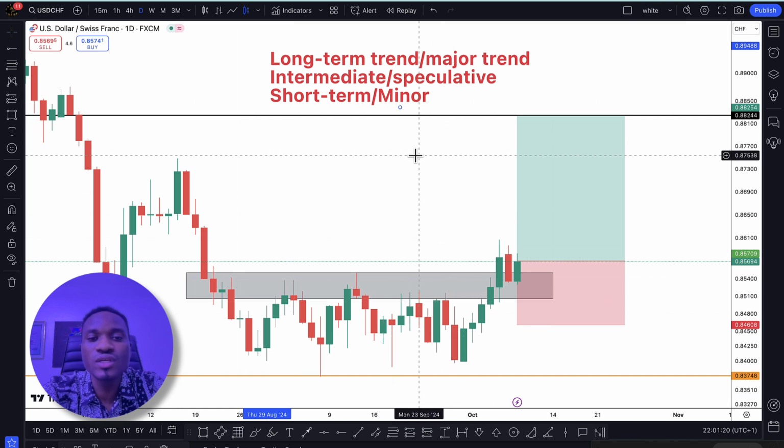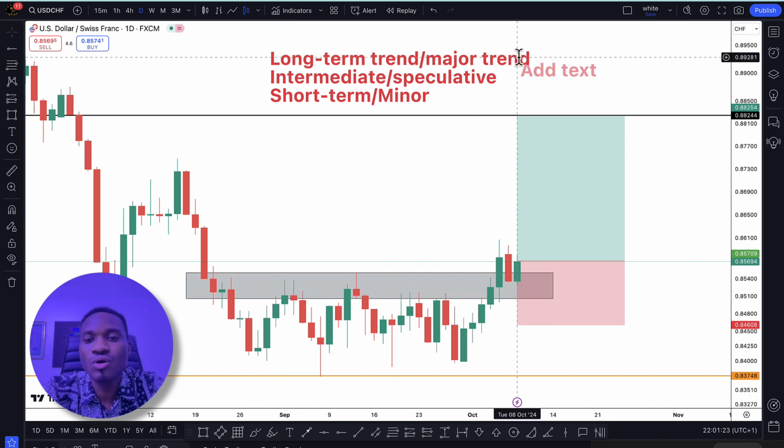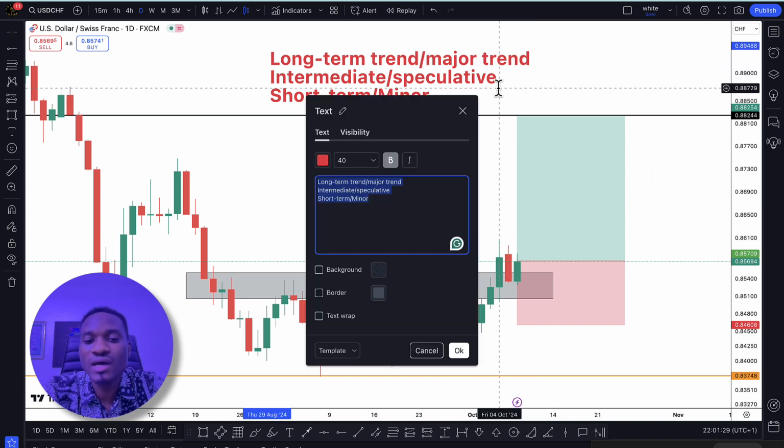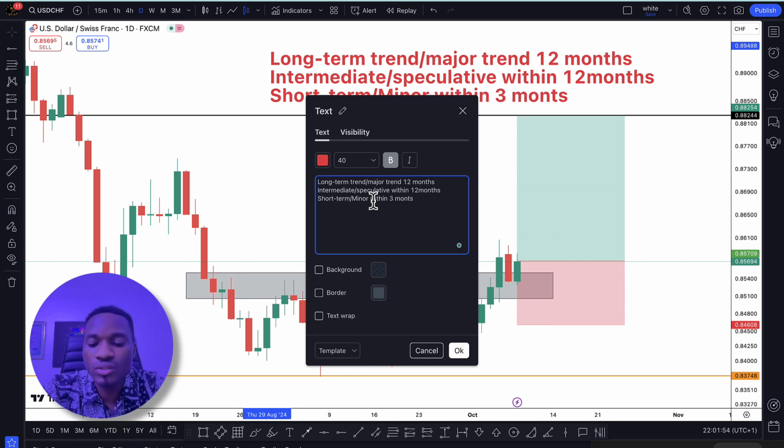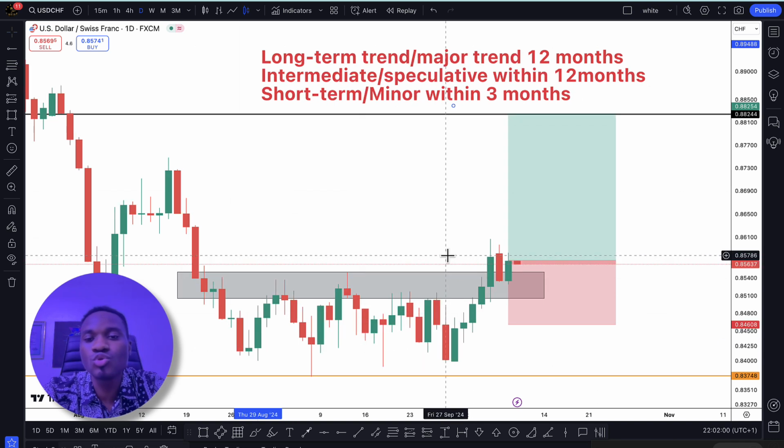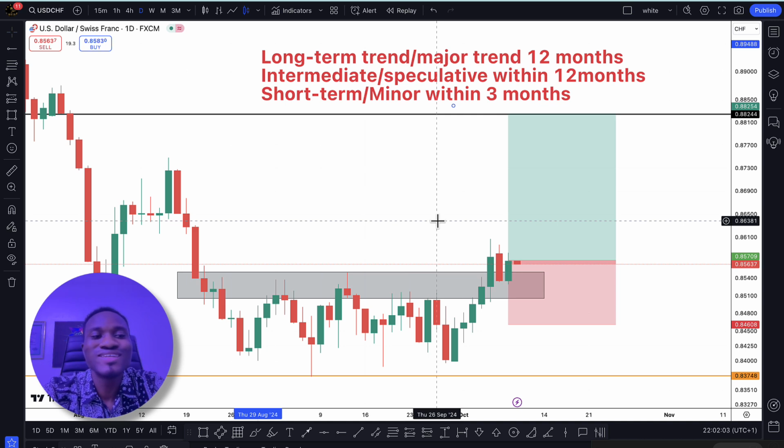Now, the long-term trend is a trend above a 12-month calendar period. This is more than 12 months. And the intermediate is within 12 months. Take note of that. And the short-term trend is within 3 months. Now, the question is, if the shortest distance based on trend duration is 3 months, then imagine